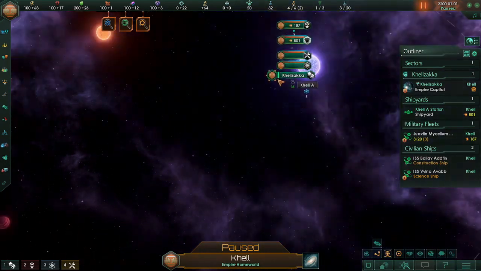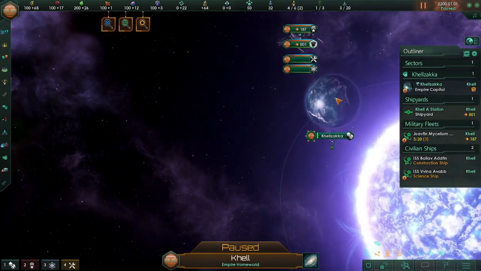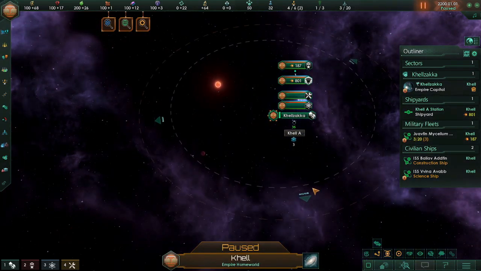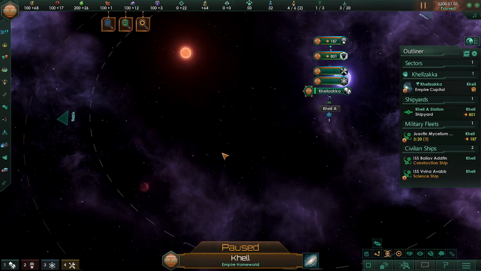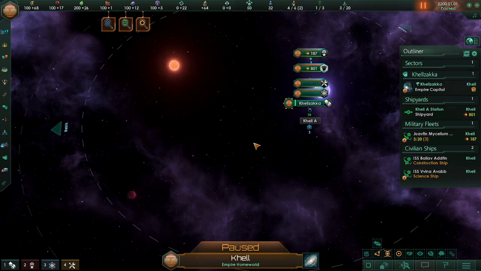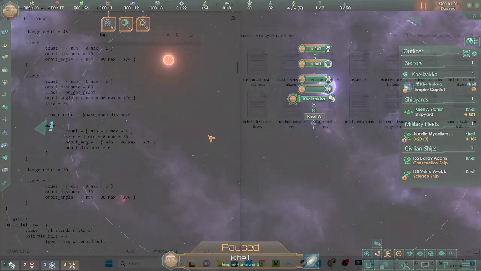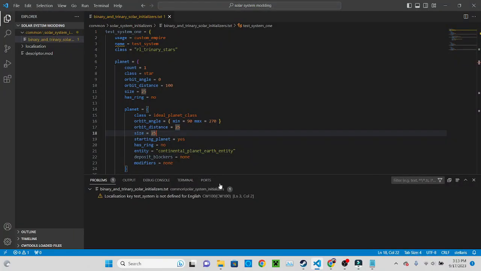three stars, and you would just build out whole solar systems around this. Yeah, I would strongly suggest just playing around and dialing it in and see what you like. Let's make some changes